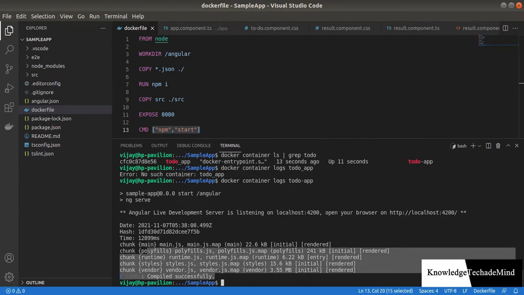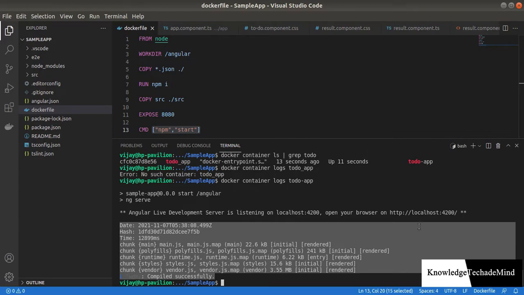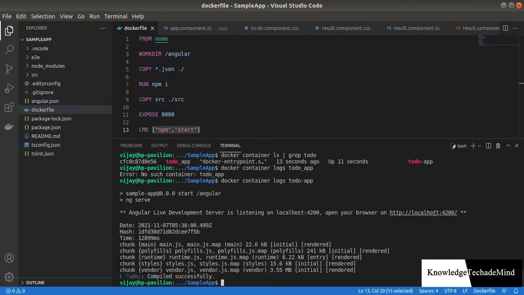Here you can see that the application starts and is listening on port 4200. Due to the parameter --net equal to host, it's using the local machine's network as its container's network. So we can use localhost:4200 to see our running application.